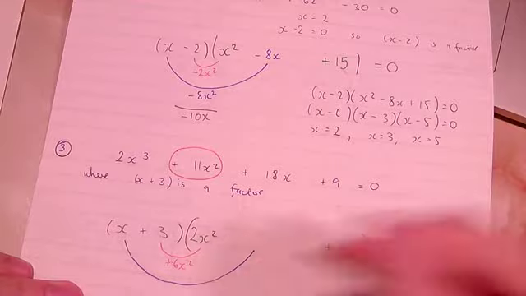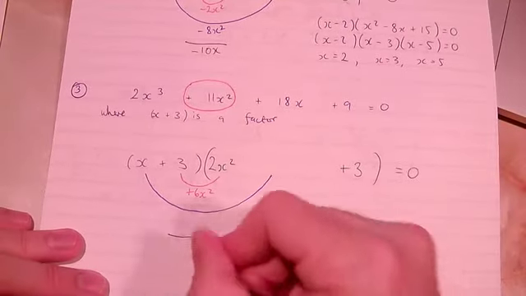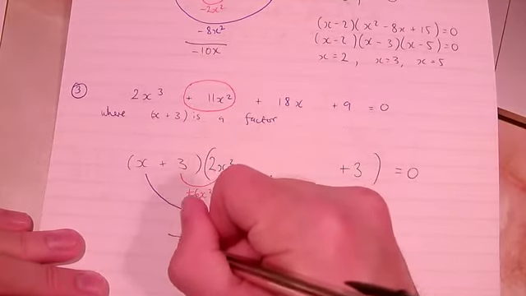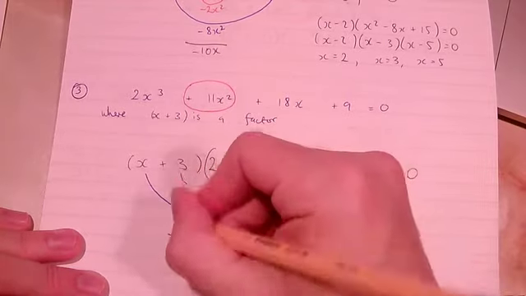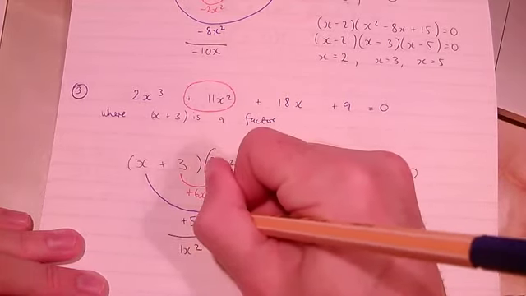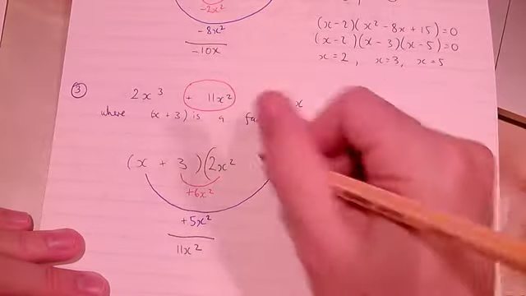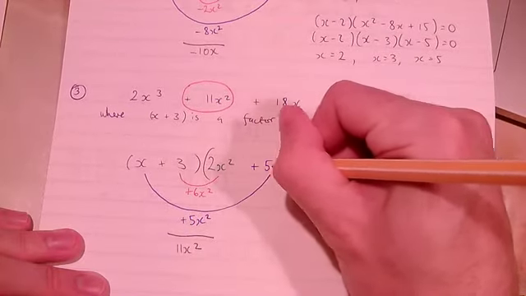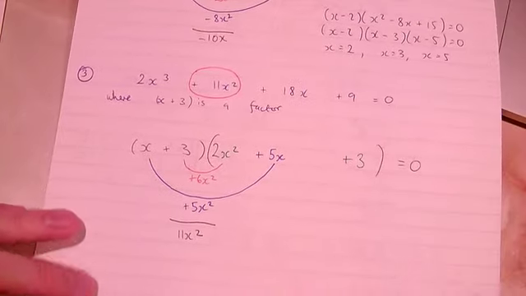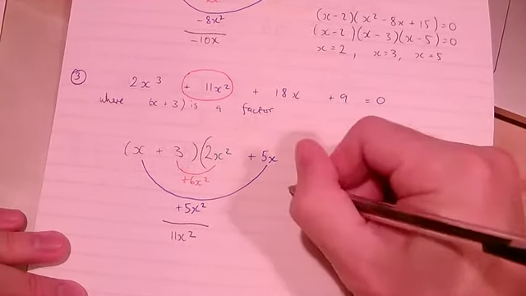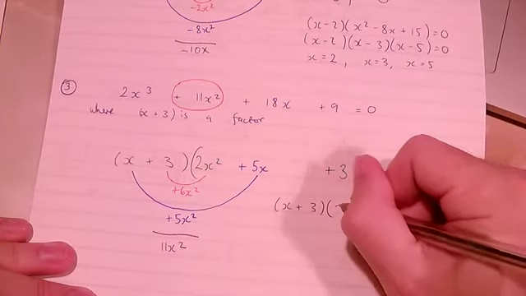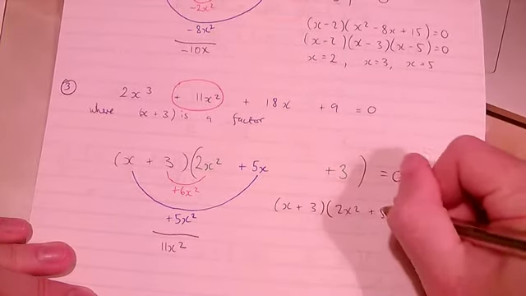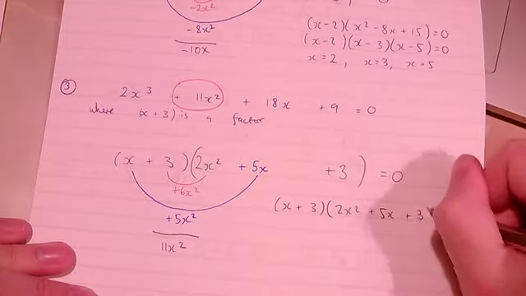And I know altogether that my total should be 11x squared. So that means I need to make plus 5x squared here. So x times what makes plus 5x squared? Well, that would be plus 5x there. Okay, so that means I've got x plus 3, and then I've got 2x squared plus 5x plus 3 equals